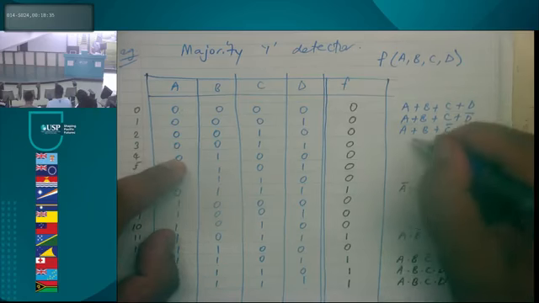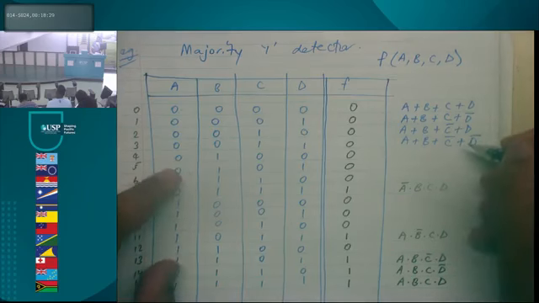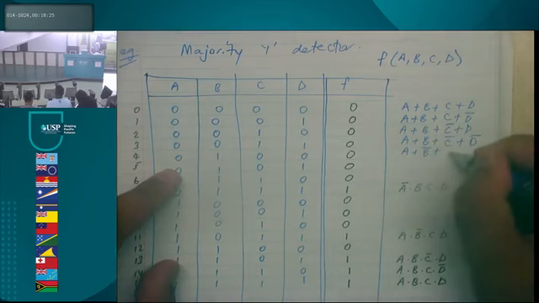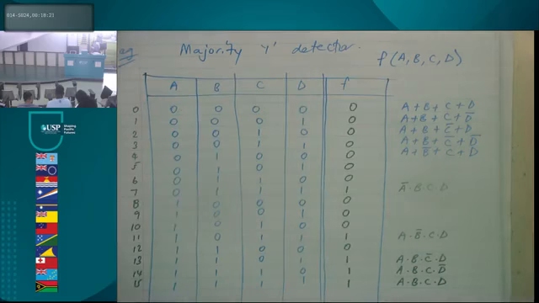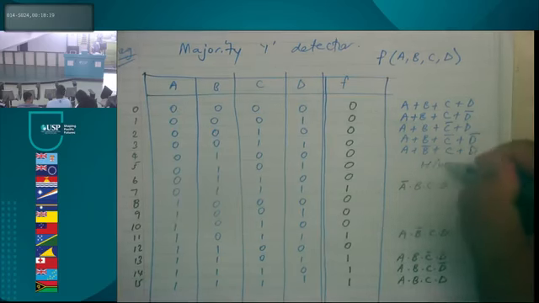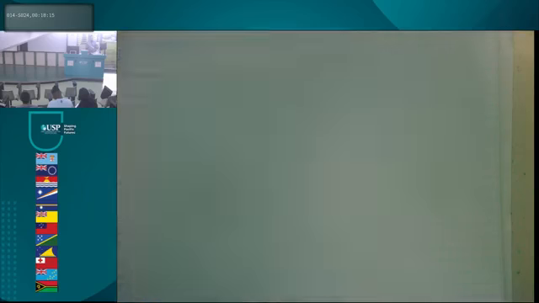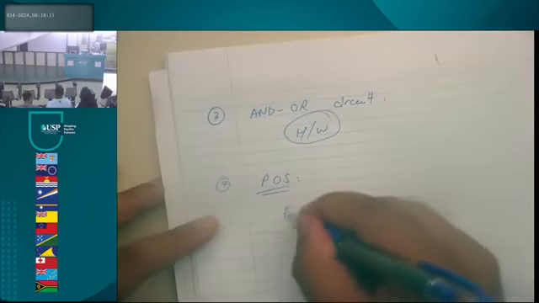Let's do line 3. A or B or C bar or D bar. Line 4, A or B bar or C or D, right? You guys get the picture now. And then obviously you do homework for all of that, okay? I'm not going to write everything out, guys, so you have to fill it out, okay? Now, another way of writing